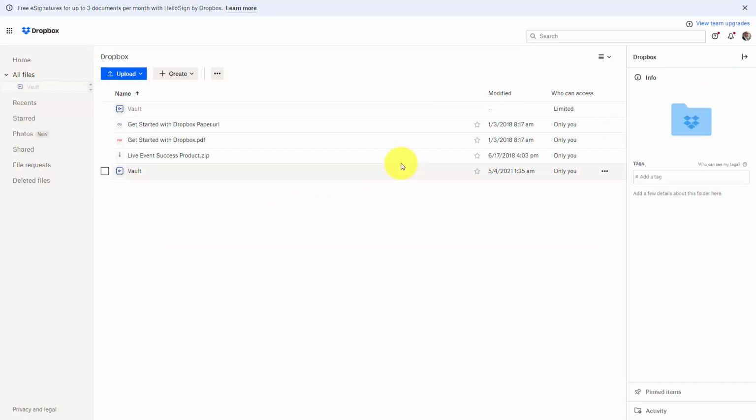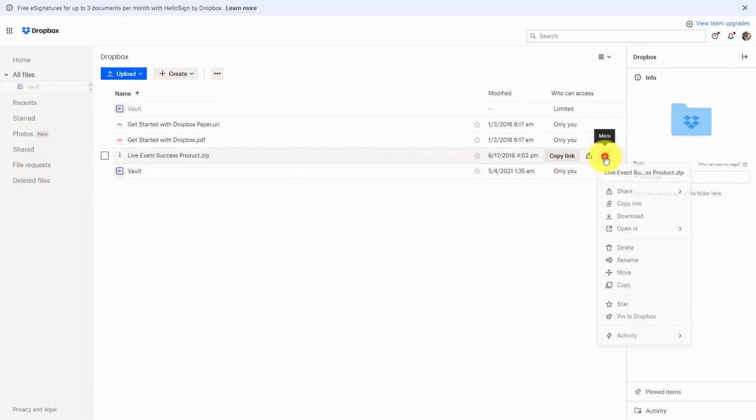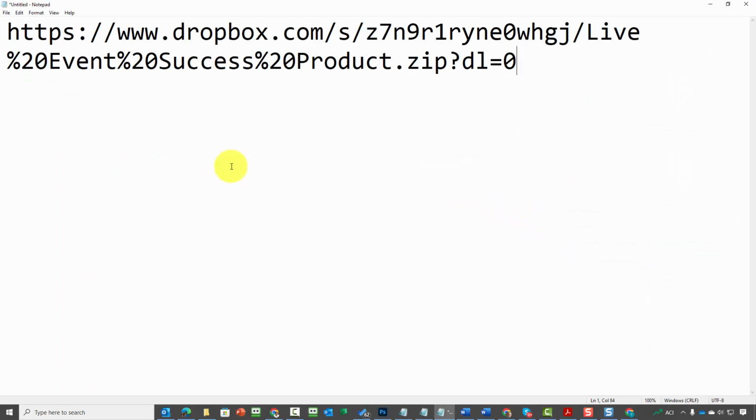Now, in most cases, what you're going to do is be given a link by the cloud-based service. You're going to get the link as we're showing you here in Dropbox. And this is the link that you will then hyperlink inside of your membership for any content that your customer is going to download. One of the things you'll be aware of inside of Dropbox in particular, you'll notice here